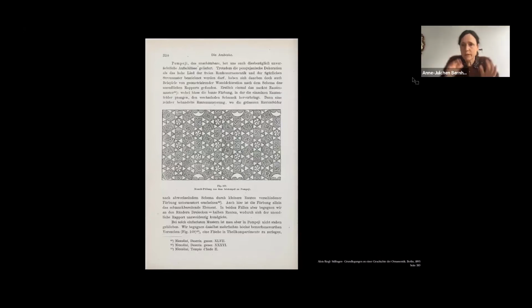And then there is a very intensive description of the arabesque, which is also very precise in the way the different layers of things are ordered and how many symbols are overlaid.